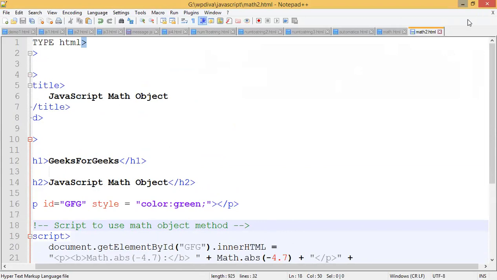Just tell me how many questions I have given from this unit. 8 questions, or 9 questions? Somebody please tell me how many questions I have given from JavaScript, 8 or 9? 8, ma'am. In that, the explanation of JavaScript primitives question is included, right? Okay, so we will go to the next question today.